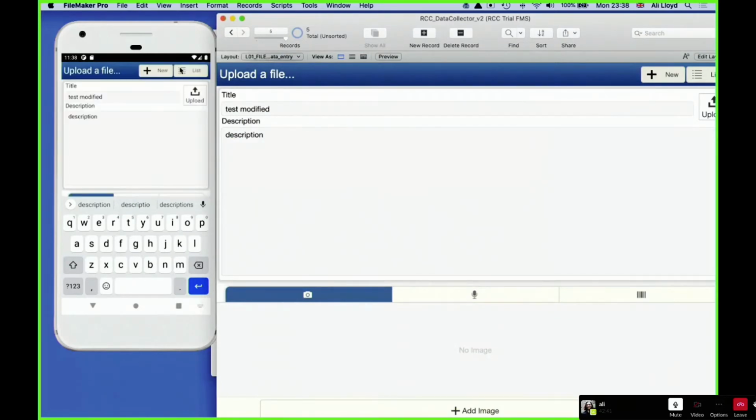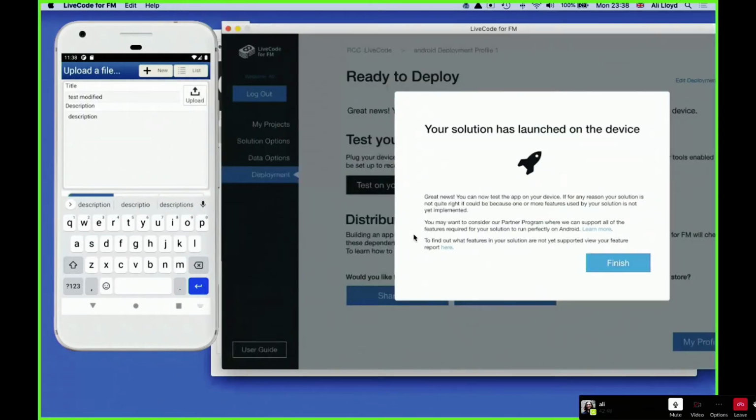And then if we wait for the next poll interval, there we go, it's synced back down to the device. So that's your automatic sync.